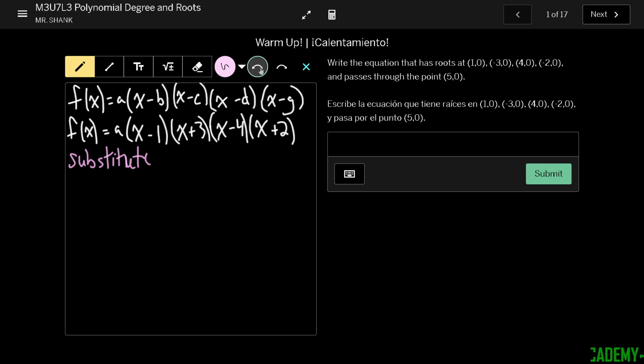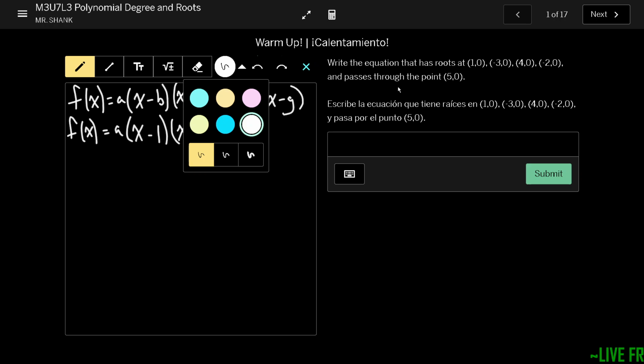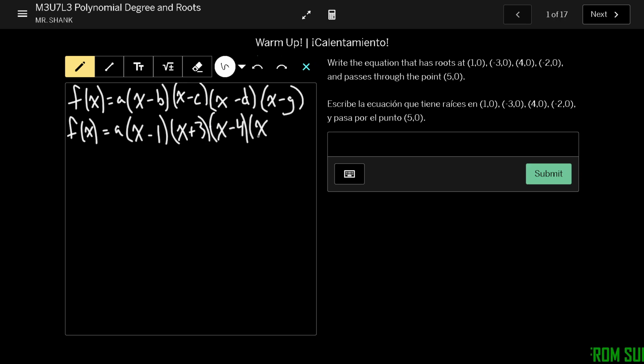Sorry, I messed up, so let me go back. I wasn't paying attention here. I actually have 5 x-intercepts because I need to go through that point (5, 0). So I'm going to say, this is x plus 2, and then I also have x minus 5. So for the most part, you should be able to plug in that extra point,